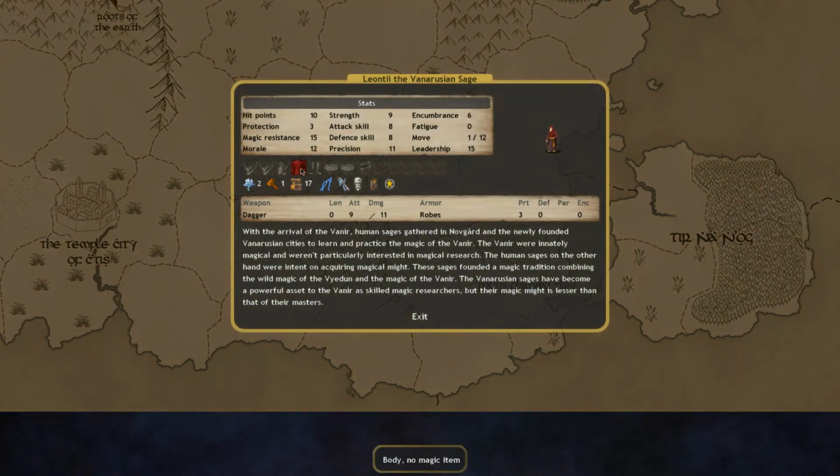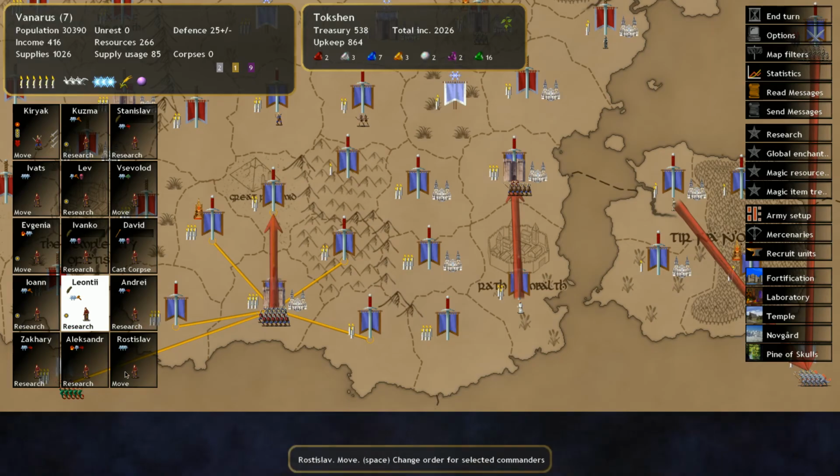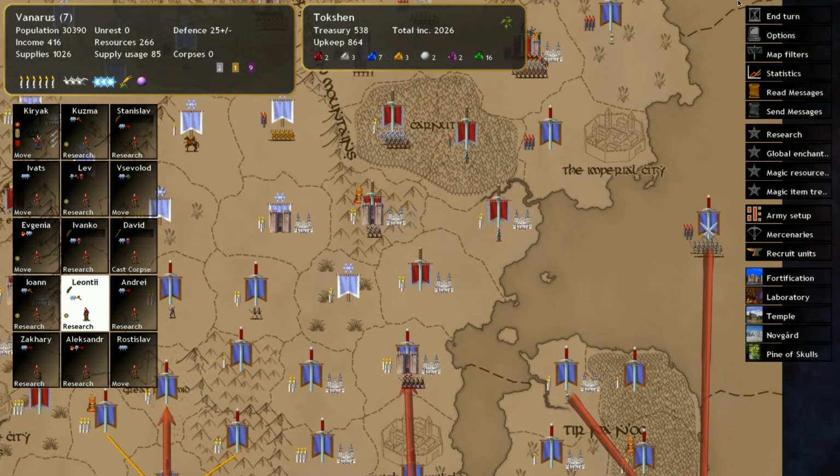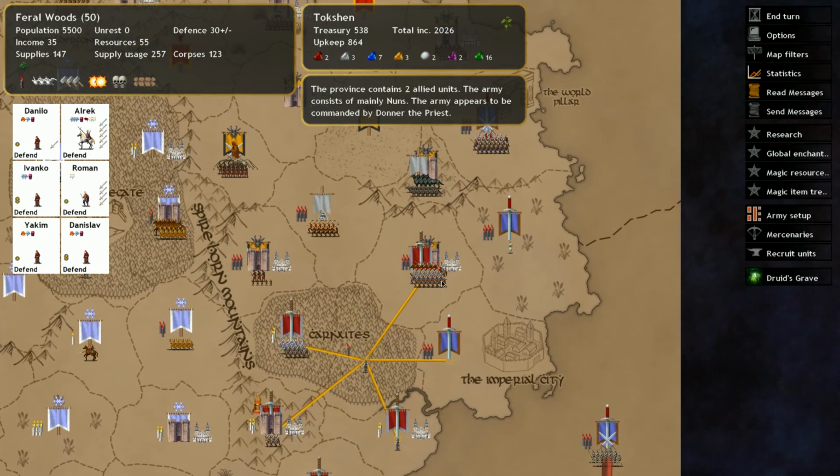Probably want to reattach that quill to somebody. Research, research, research. Okay, we have another army there. Yep. And there's all of our other casters, so we will move...